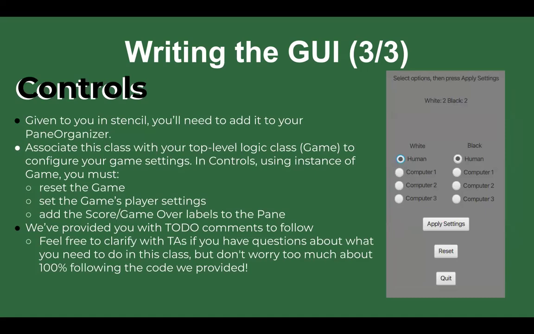The other main component of the GUI is this controls panel that I talked about before. It's given to you in the stencil. You just pretty much need to figure out how to use it with your game. So this is associated with your top level logic class, your game class, to configure your game settings. And what you have to implement basically is how to reset the game using the reset button, set the game's player settings, so whether the white player will be human, computer one, computer two, computer three, same for the black player. And then also adding the score and game over labels to the pane,